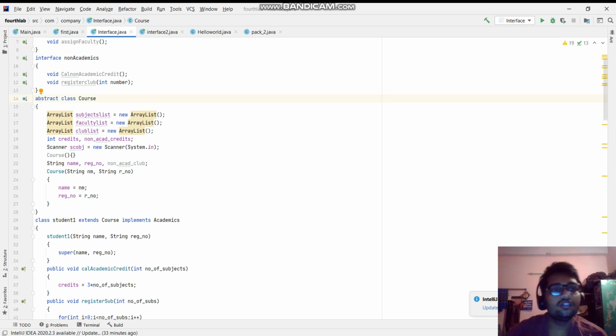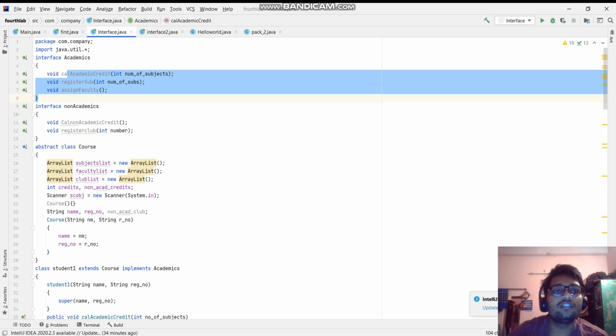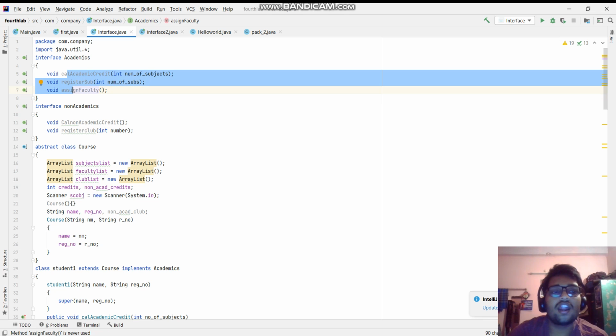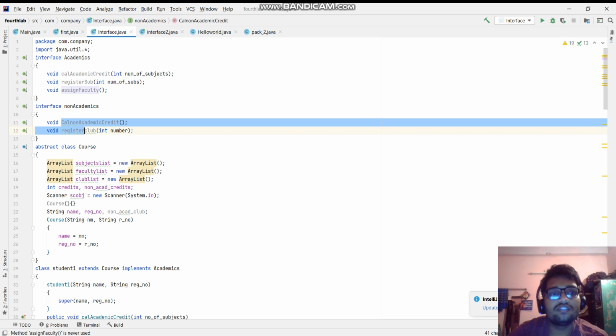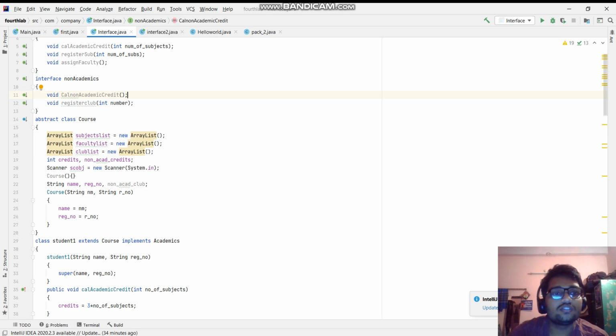So we need to declare all these methods, just declare them. Do not write any implementation inside these interfaces. First we have to create an interface called academics with all the required methods for the academics of a student. After that we have another interface, non-academics, which has methods for the non-academic requirements of a student. Then we have an abstract class, course, which is to